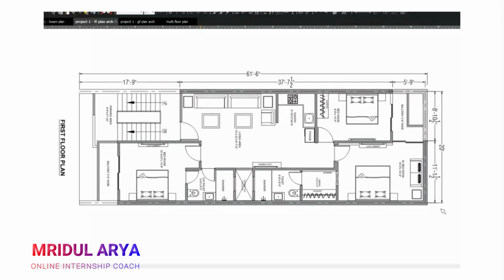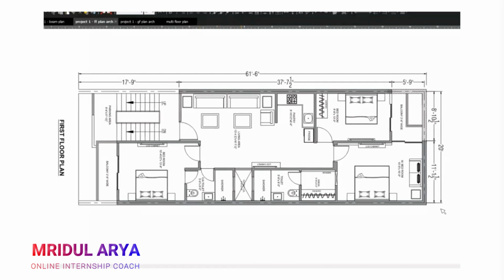Now what we will do is compare both plans to see which walls are in common and where we can provide our columns to have minimum hindrance and minimum visibility on the plan. We'll try our best to hide our structural elements in the walls so that they don't create any issue with the architectural aspect. That's really important.